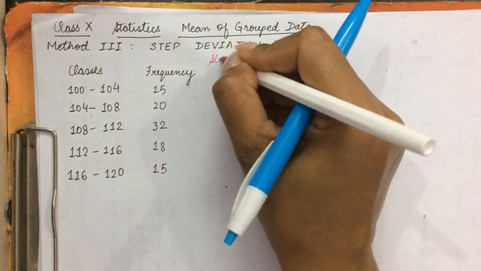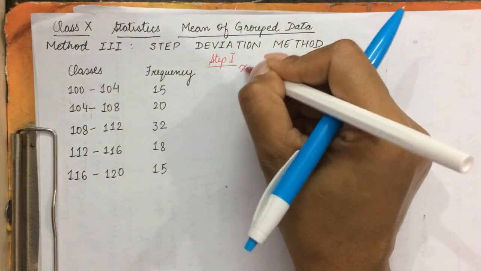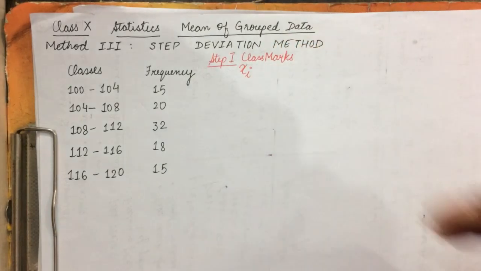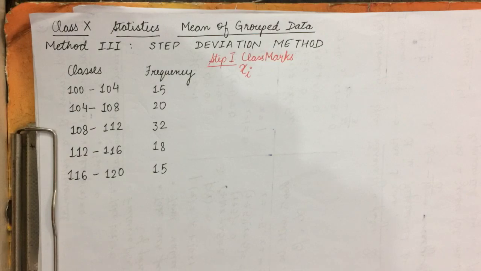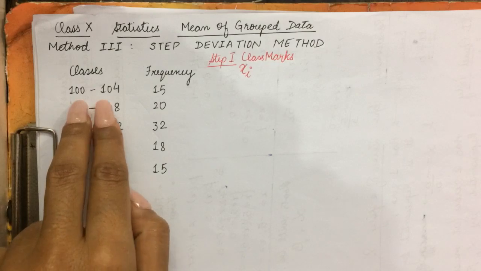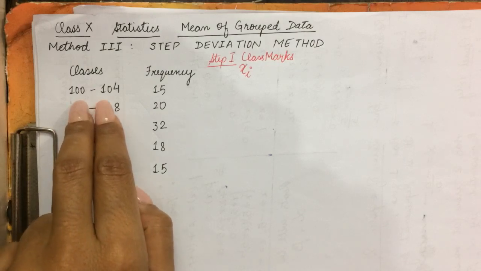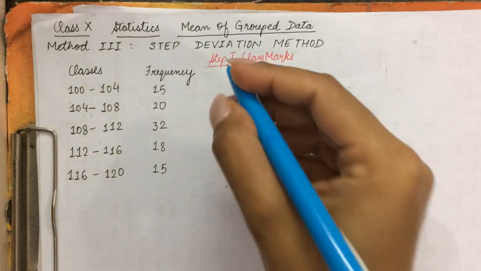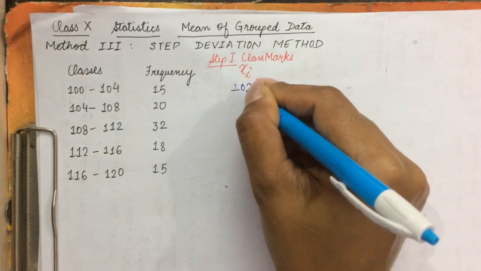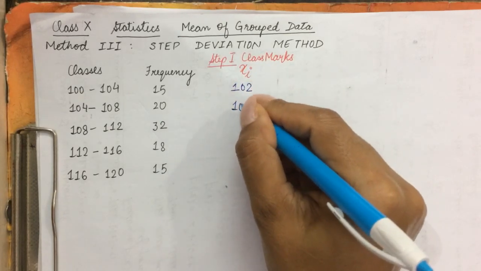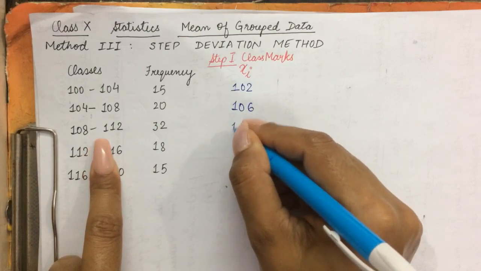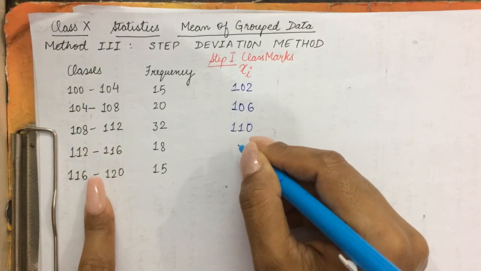Step number 1 is to find out the class marks. That means the midpoint of each of the class intervals, and to find out the class marks, you add the lower limit and the upper limit. The sum is divided by 2. So 100 and 104 added, the total divided by 2. So the class mark comes out to be 102 for the first class, 106 for the second class, then for 108 to 112, 110, then